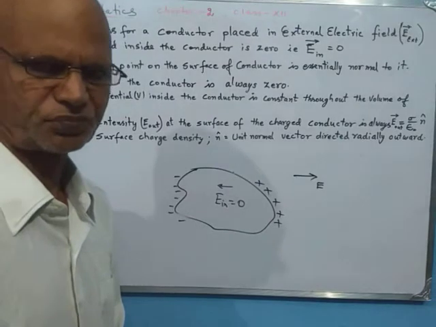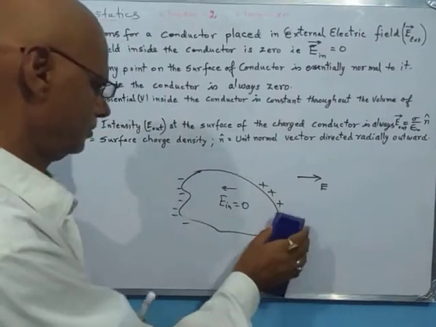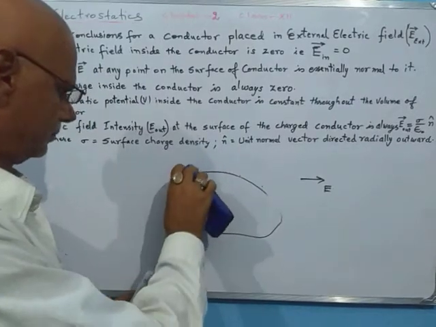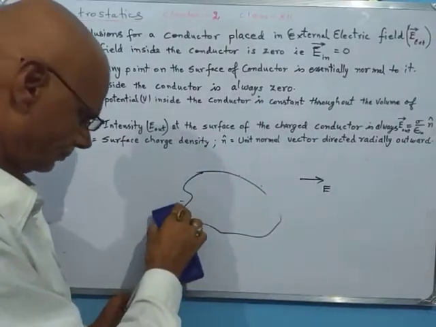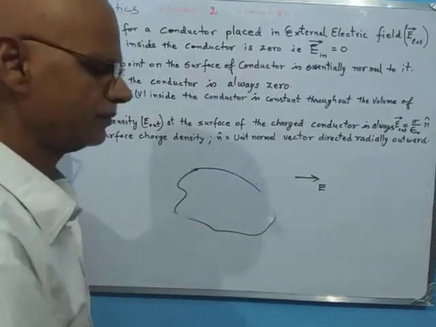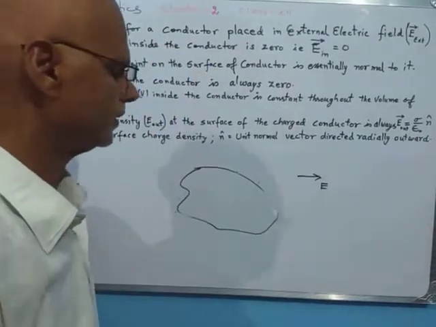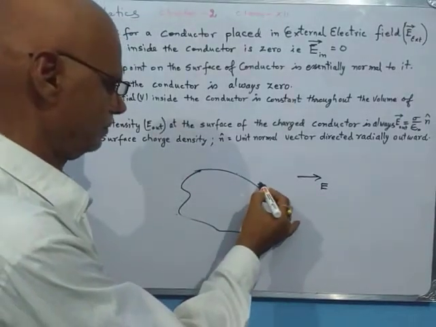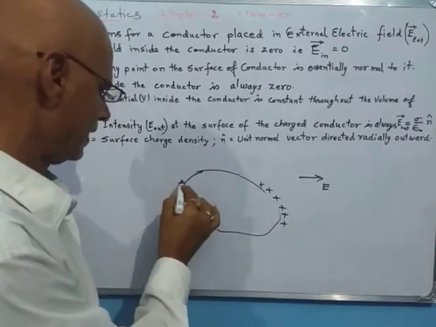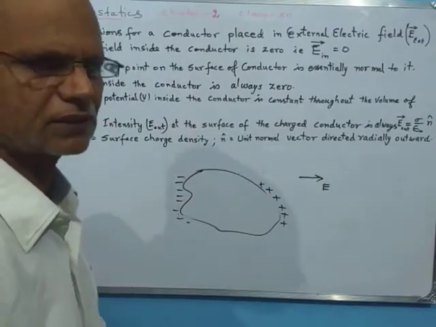Now if we consider that the conductor is already charged, if we consider this case again, a similar polarization of layers of charge will be created once again. Say for example, it is positively charged, then the positive charge will be forced to get accumulated on one face, and negative charge will be developed on the other face.